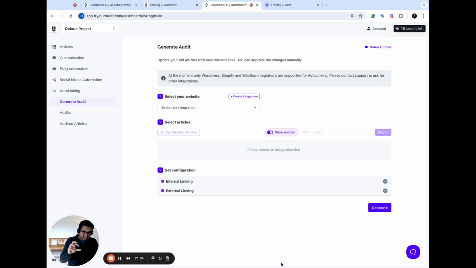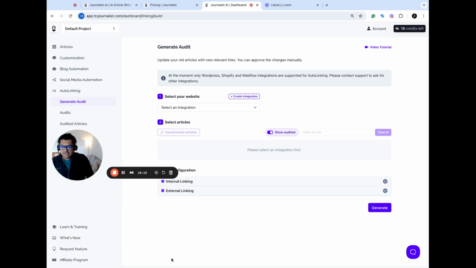The linking you have seen before, that is linking, they're doing the internal and external linking for the article that you are generating. But this auto linking is, they go back and do the edits to your existing articles, which is essentially a very, very good feature. So I'm almost at the end of it, but what I have also liked very, very much is,